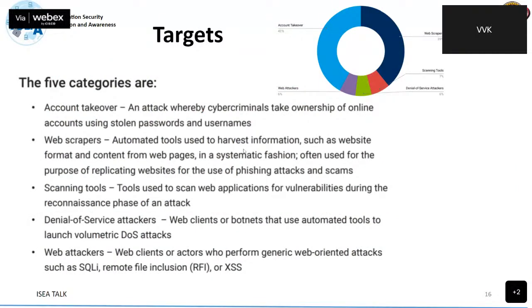Mostly the hackers or the attackers, they wish to take over online accounts using stolen passwords and usernames, or they may make use of some automated tools to harvest information such as website format and content from web pages.